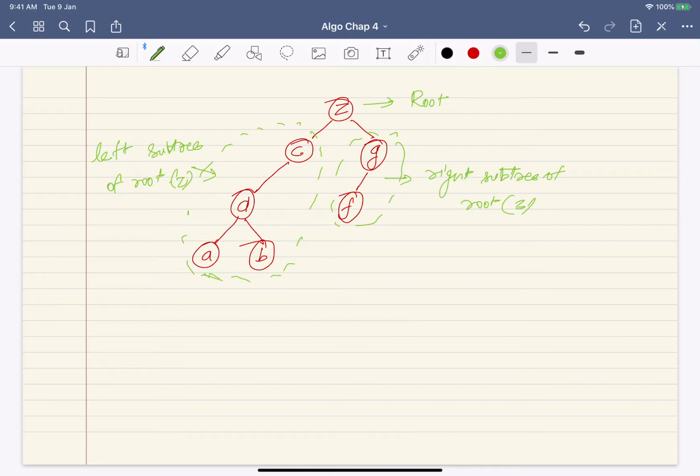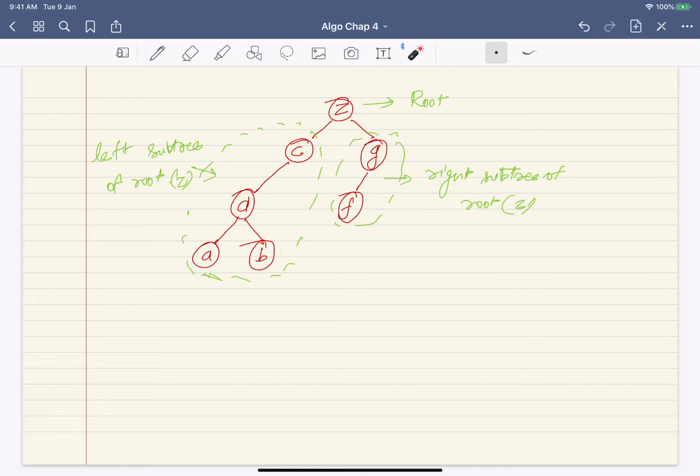The left subtree has C as the root, DAB as its left subtree, and an empty right subtree. Similarly, G is a root whose left subtree contains only one element F, and whose right subtree is empty. Fine. So this is an example of a binary tree.